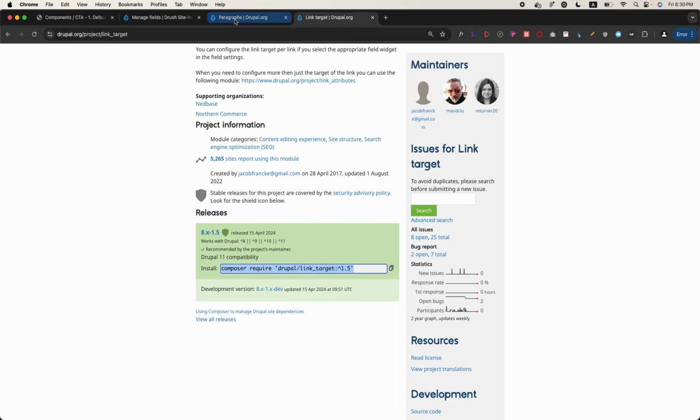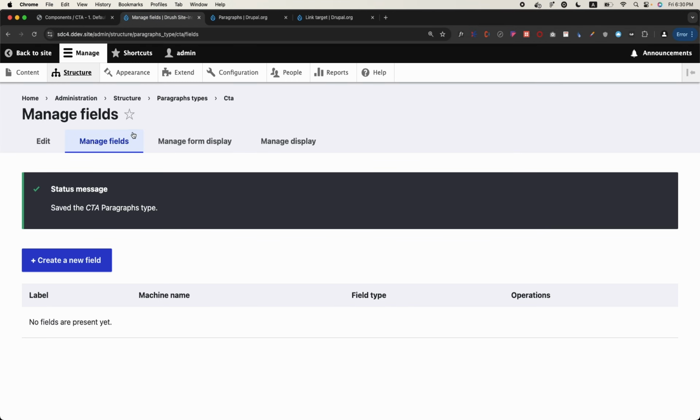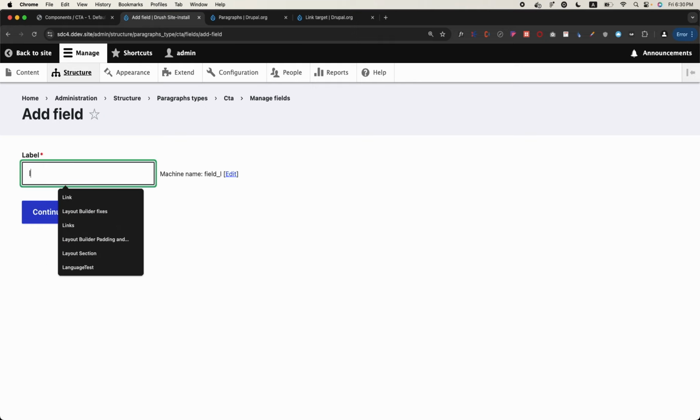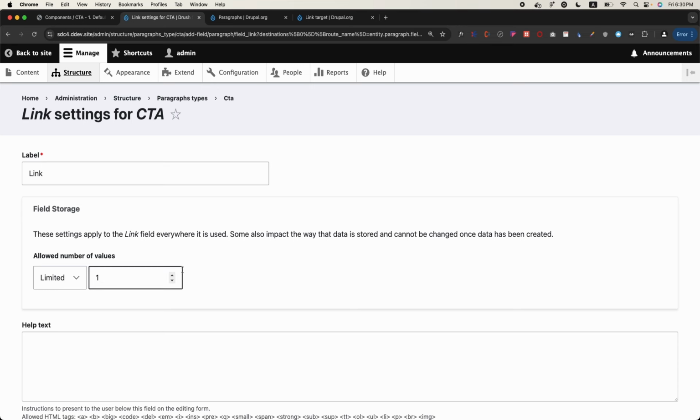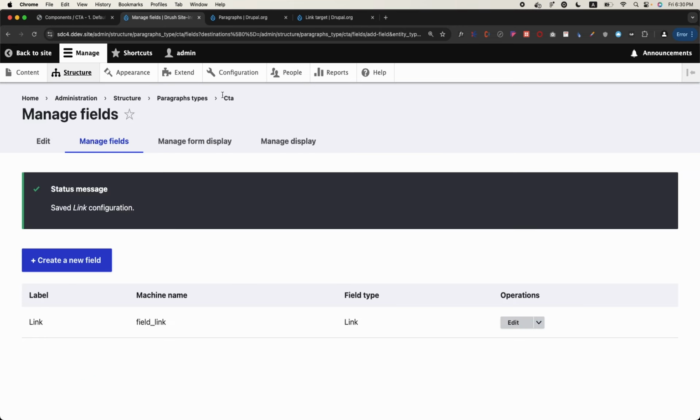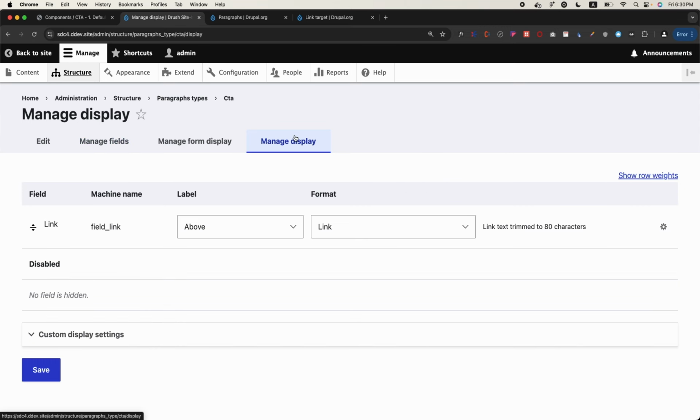So the manage fields for paragraphs CTA, I will create a new field and it will be a link field and the name is link. Save. If you go to the manage display, so by default it is link, the formatter,